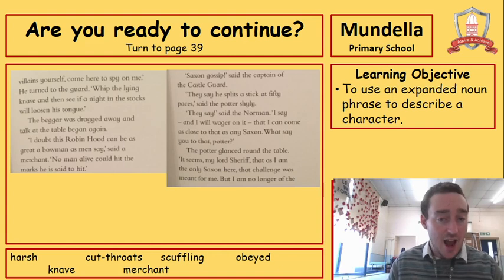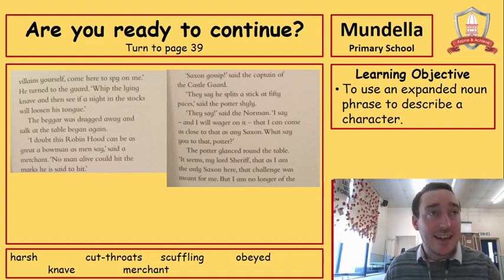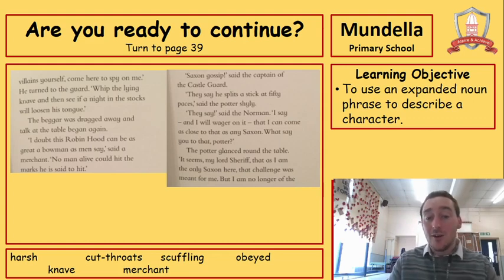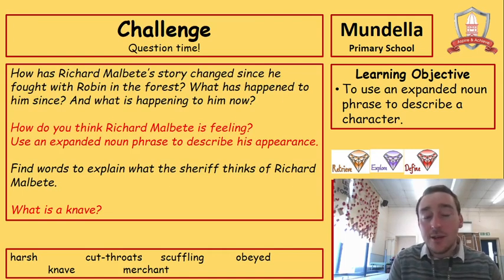"I say, and I will wager on it, that I can come as close to that as any Saxon. What say you to that, Potter?" The Potter glanced around the table. "It seems, my Lord Sheriff, that as I am the only Saxon here, that challenge was meant for me, but I am no longer of the—" Okay, we'll finish it there, but we have 4 questions that we can possibly